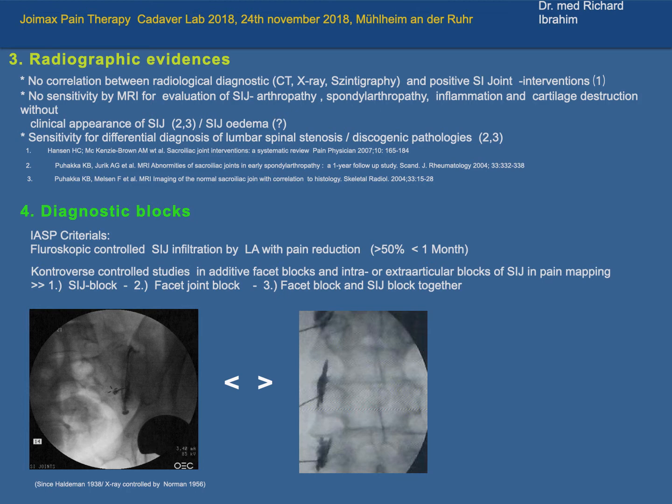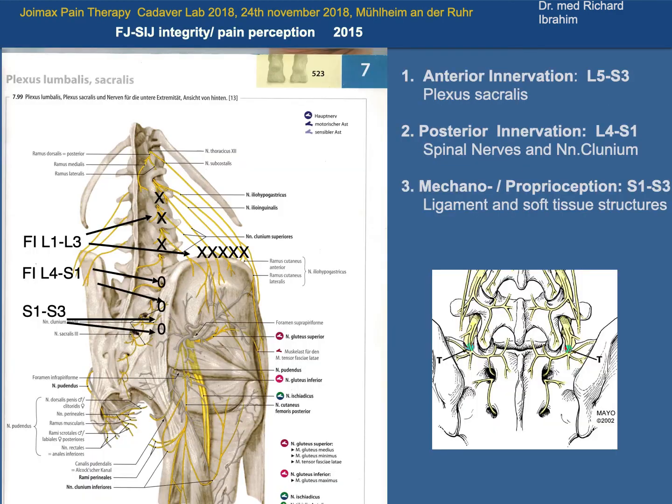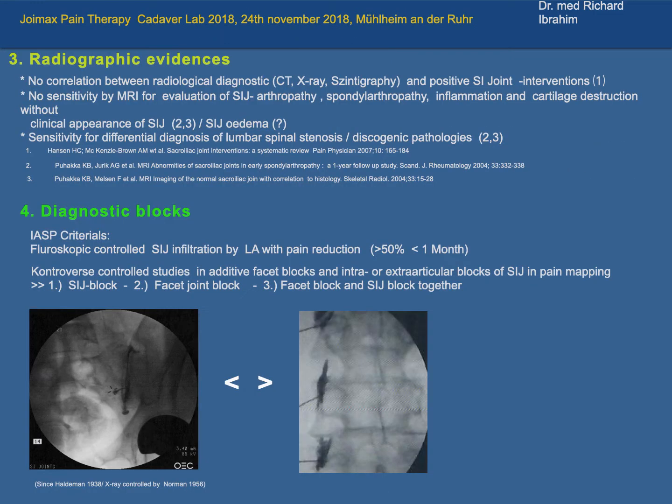And on the other side, if you have a big arthropathy like arthrosis on this SI joint, doesn't mean you have a pain patient. So that makes the situation not easy, but you should do always radiographic evidences or radiographic pictures to make sure there are other reasons what I told you by spinal stenosis or disc problems. And not at the end, the diagnostic block, so you make sure, usually in my outpatient service, I